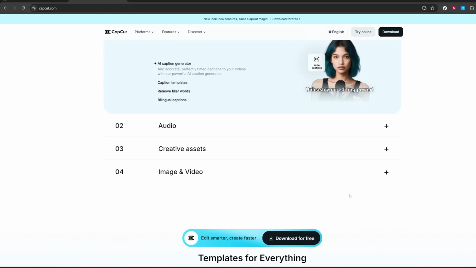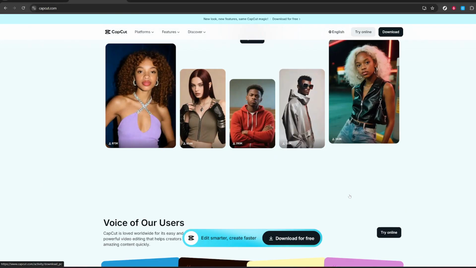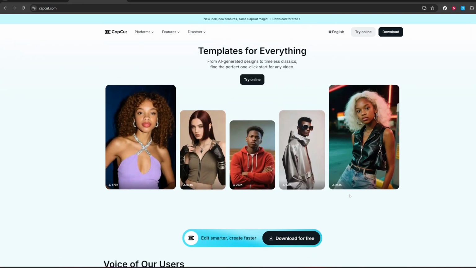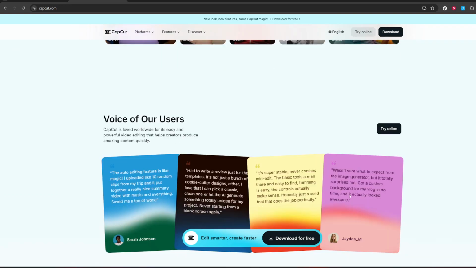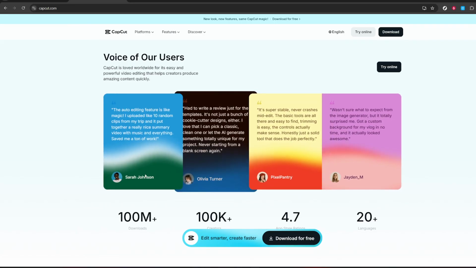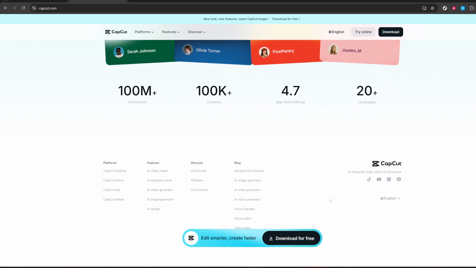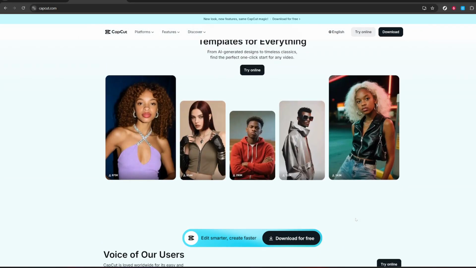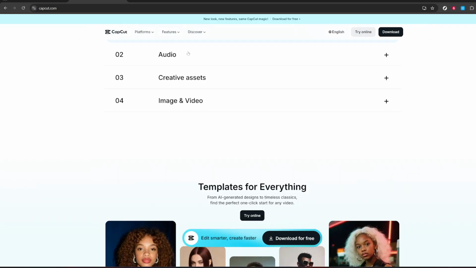You can drop your clip onto the timeline, tap to cut out what you don't need, add a quick transition, and you're already looking at a polished result. CapCut also includes a lot of free tools that beginners actually use. Auto captions can transcribe your voice in a click. Filters and effects help your footage match a vibe, and social media style templates let you build a complete edit